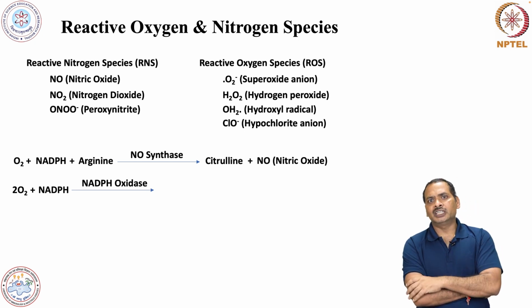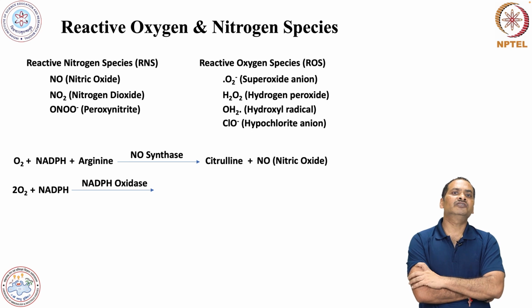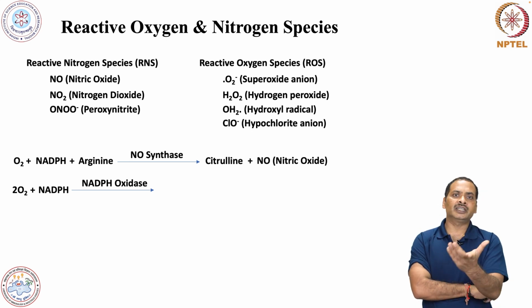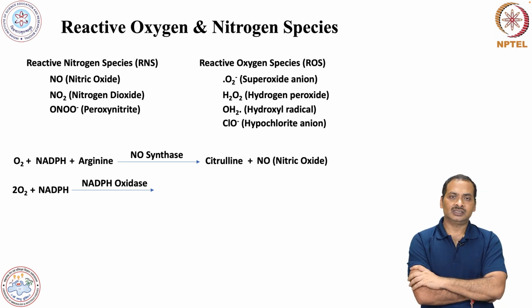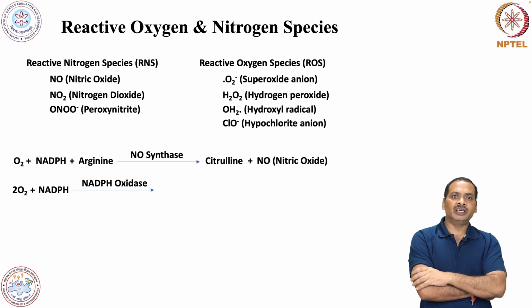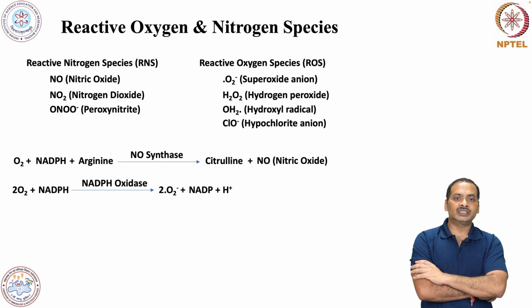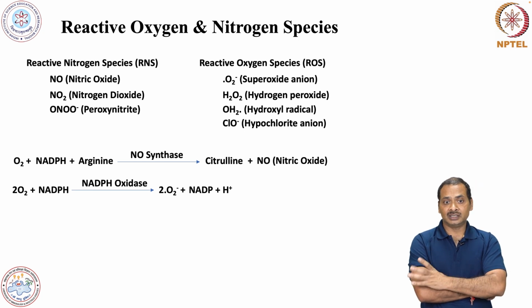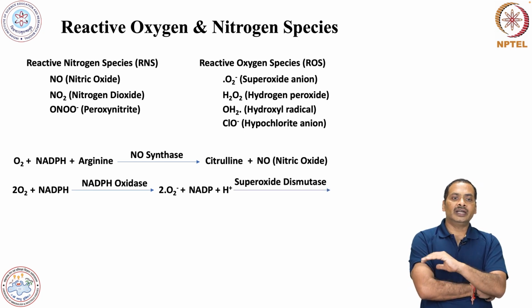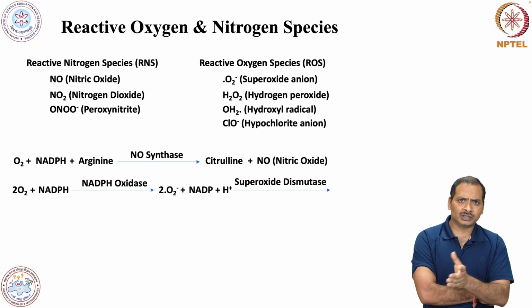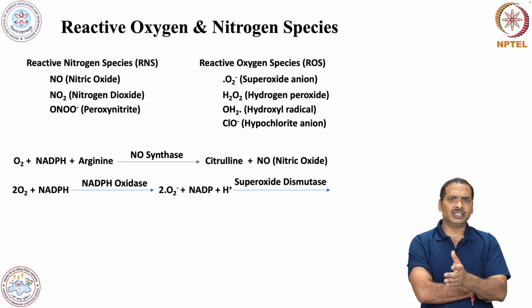You remember the NADPH oxidase is deficient or non-functional in the case of CGD. So this is the same NADPH oxidase, and that will generate the superoxide anion, and there will be a release of protons, and on the action of the superoxide dismutase enzyme over this